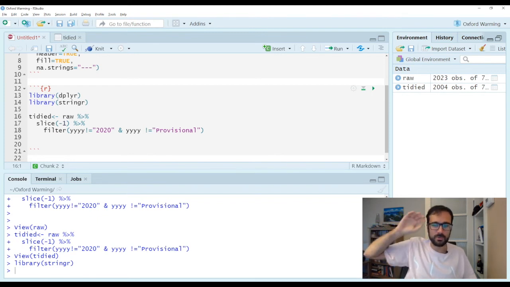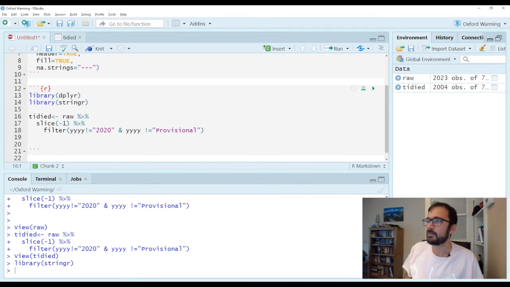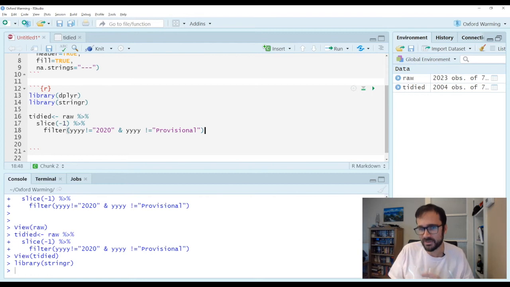This is getting into the world of regular expressions, which can be a little bit tricky to work with. And particularly whoever put the star into this format really hates people who have to work with this data, because the star is kind of a special protected character. So if we try and do something simple to get rid of those stars, it's not going to work because the star means something special in this world of text manipulation.